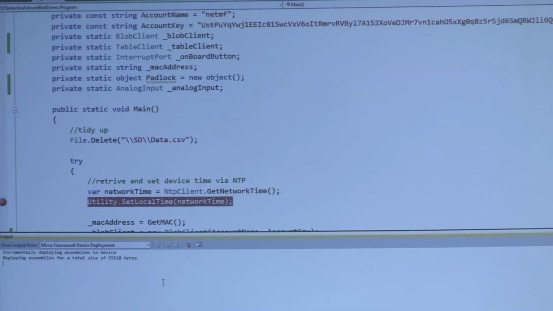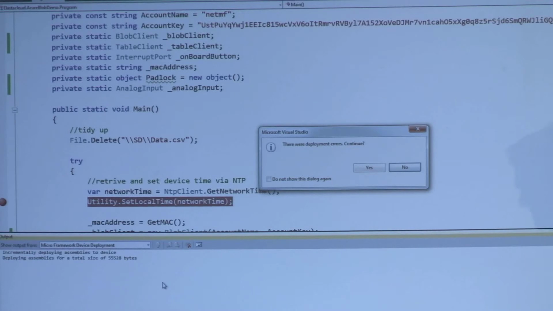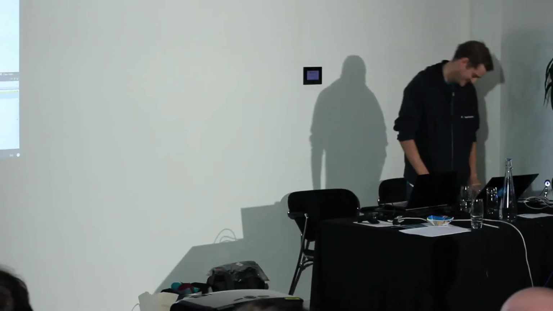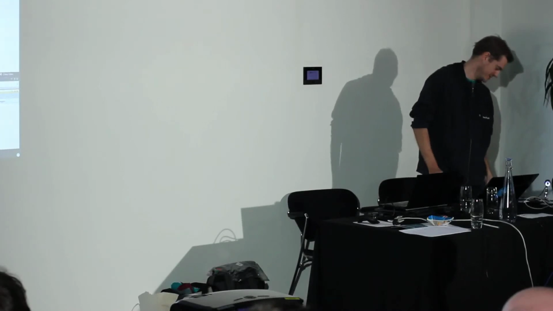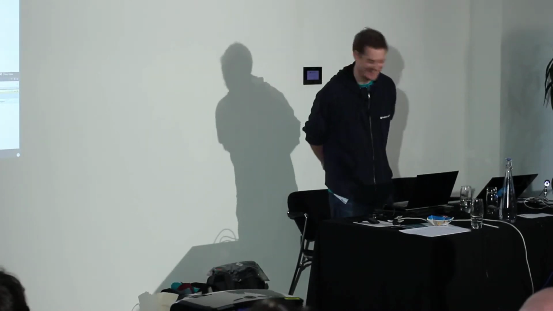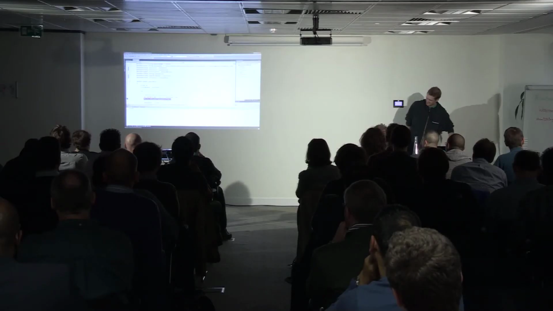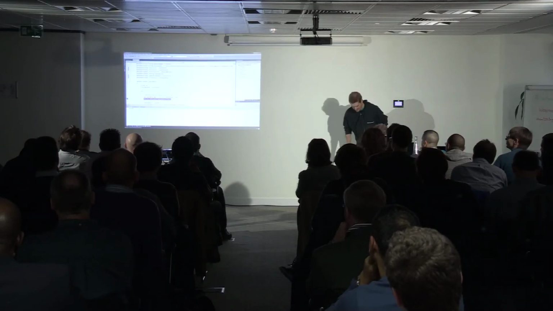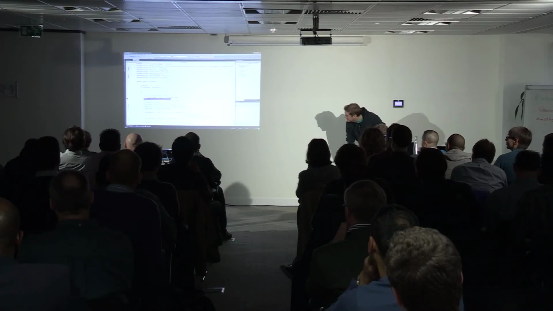Okay, so you can see, again, sorry, I can't make this bit any bigger. Demo gods, demo gods. When this happens, what you do is turn it off and turn it on again. Okay, and then we'll F5 again. Does work, honest.